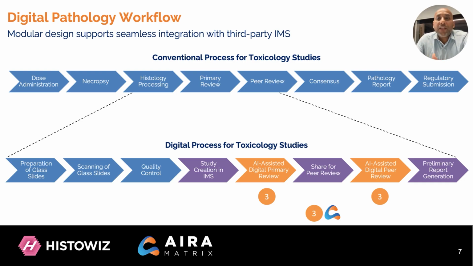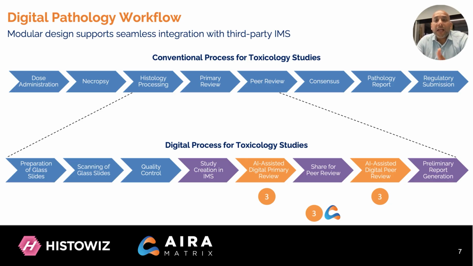As we transition into digital workflows, ensuring the quality of histopathology images becomes paramount. Artifacts such as out of focus regions, missing tissue, stain inconsistency, and air bubbles can impact the accuracy of diagnosis and reporting. A robust quality control mechanism is essential to detect and quantify these issues, ensuring that only high quality images are used for analysis and reporting.